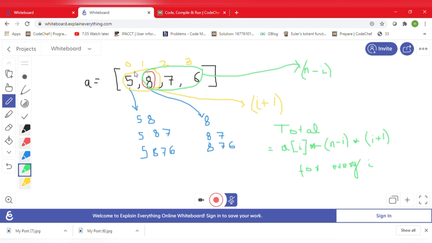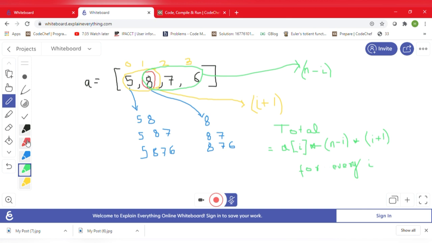If we look at the array indexing, it is 0 based indexing. So we know 8 will be present in all the numbers previous to it, including itself, that is 0 and 1, which is a total of 2, that is index plus 1. So any element will be present in i plus 1 subarrays. So 8 will be present in 2 subarrays, right? i plus 1, which is including itself and the numbers which are previous to itself. So this is the first observation, that 8 will be present 2 times, or any number at index i will be present i plus 1 times in any starting position.